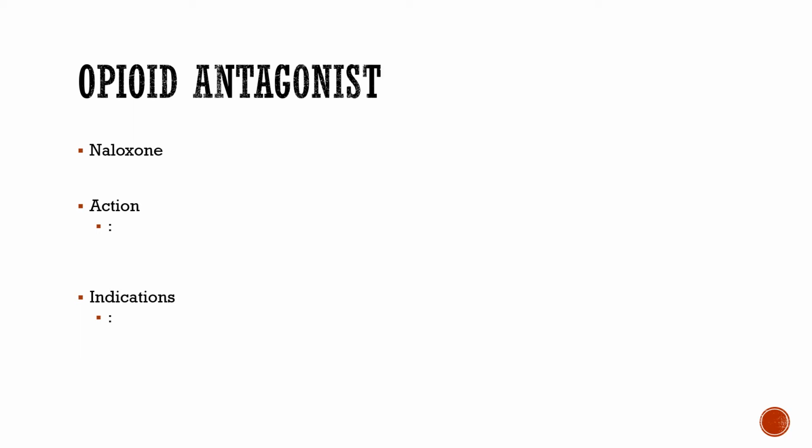So the action is that it blocks. This is a blocker of the opioid receptors. So a true opioid goes in, attaches to the receptor, and activates it. And that's going to cause that euphoria, the pain relief, the whole bit. And naloxone goes in, it attaches to those same exact receptors, but it just sits there and does nothing. But by just sitting there, opioid also can't do anything either, right?